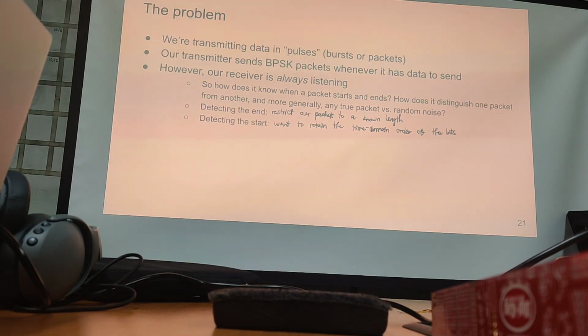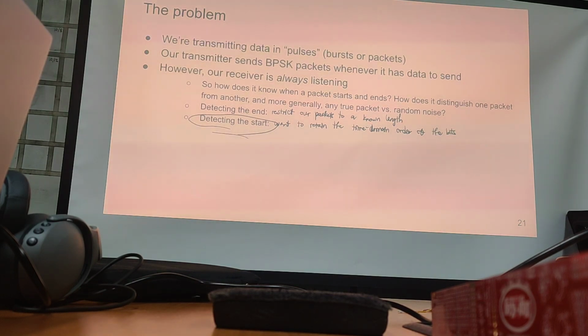And we don't want to... we want to interpret packets as a whole. So to break down this problem a bit more, as in how to detect the start of each data packet,